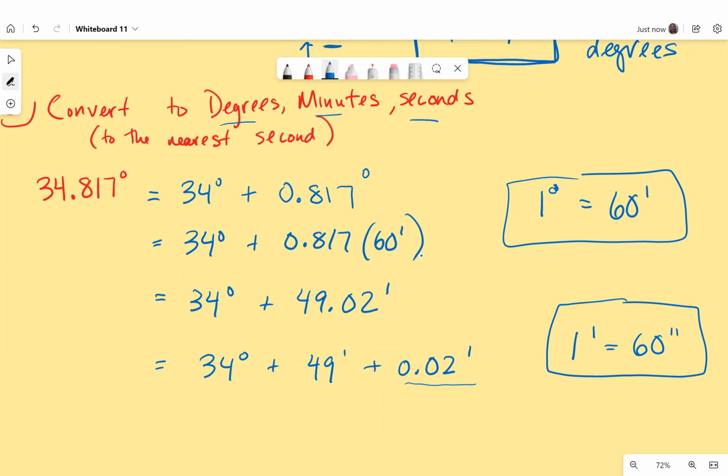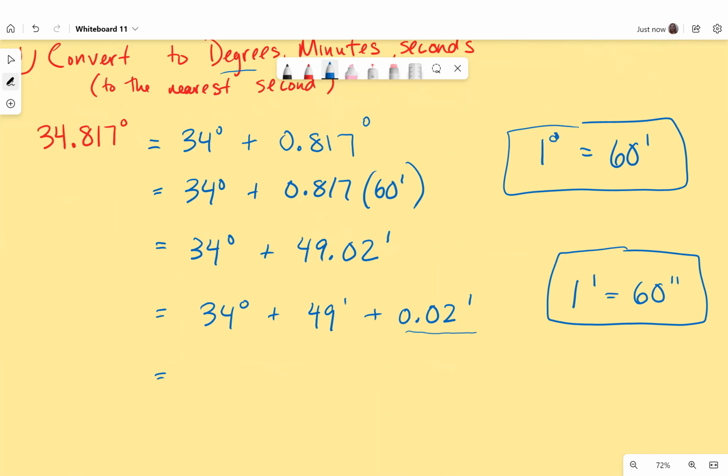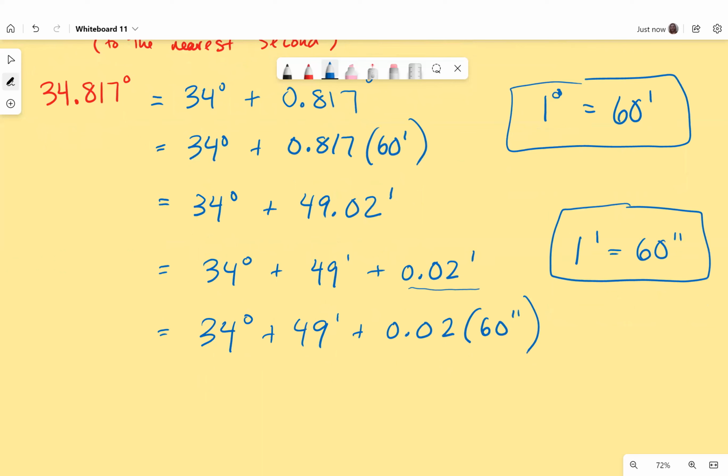Instead of this 1 minute here, we're going to change it to 60 seconds. So multiply. So we'd have 0.02 times 60 seconds. And we multiply that, and we have 34 degrees, 49 minutes, and we end up with